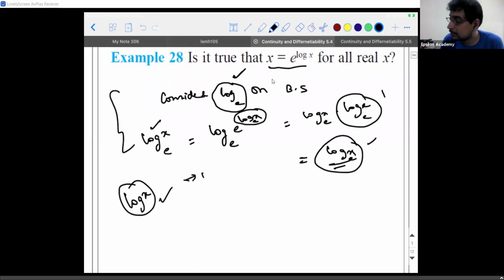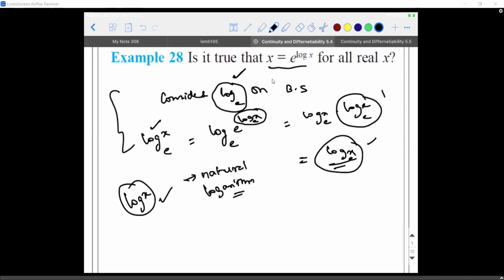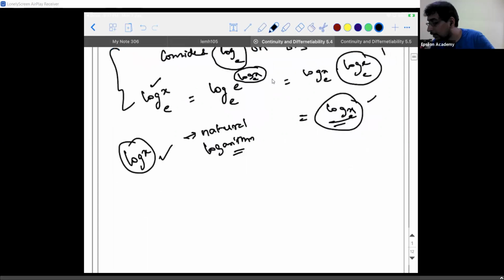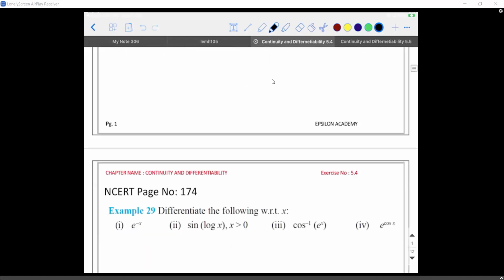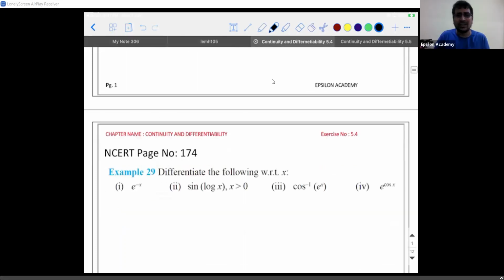But this is the natural logarithm, so it goes without saying. You need not mention it separately. That is the reason why I specifically wrote it as log x base e, to compare. If they have to give you log x base 10, they will give you the base specifically. If the base is not given, by default in mathematics, the base is e. Okay, understood. Now things are easy.